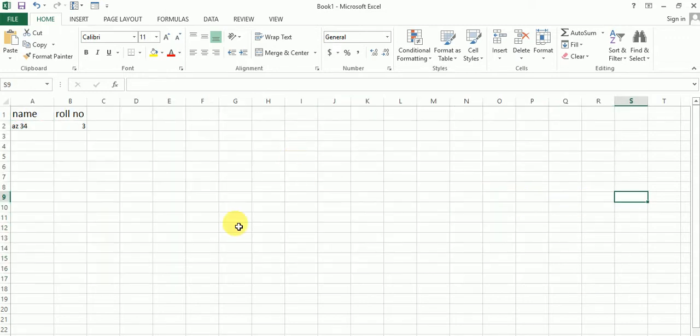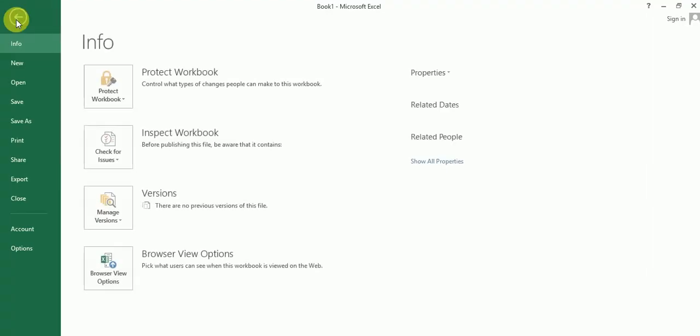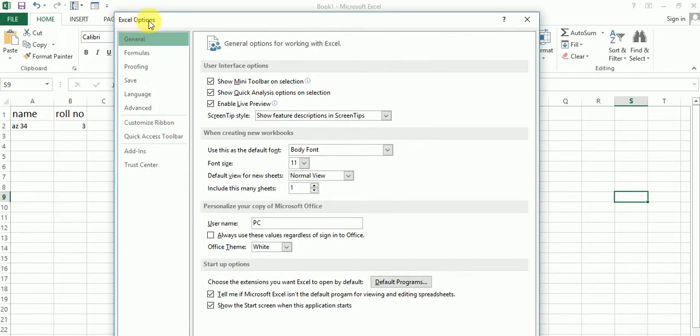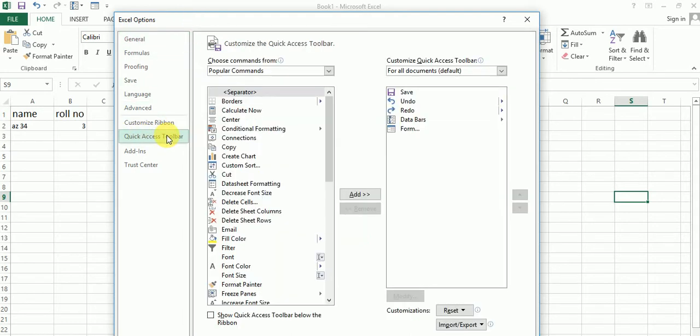First you follow these steps. First, click on the File tab. After that click on Options, and the Excel Options dialog will appear here. After that click on the Quick Access Toolbar option.